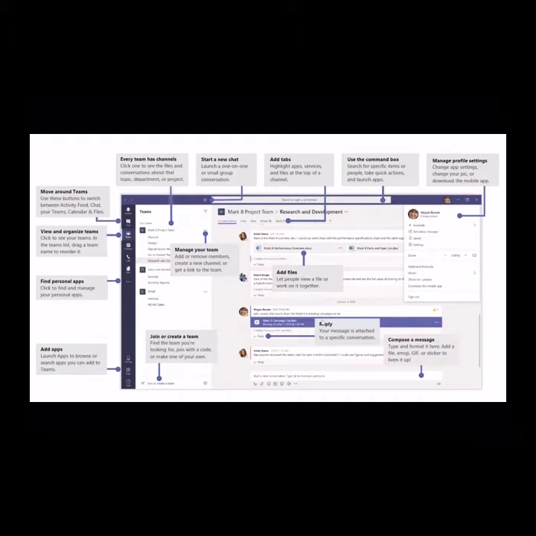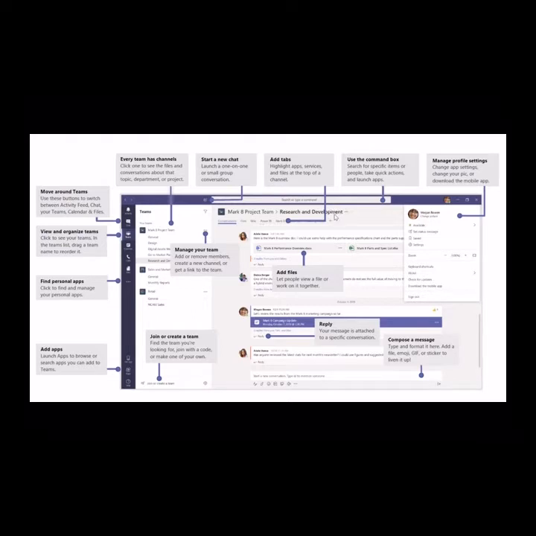Down here towards the bottom of the screen, we have the conversation view. This is a conversation that's going on within the context of an individual team channel. Within the conversation at any point, you can use the @ symbol, so you can @ a person or @ a team, and that will flag up that particular conversation for the attention of the team or the individual.